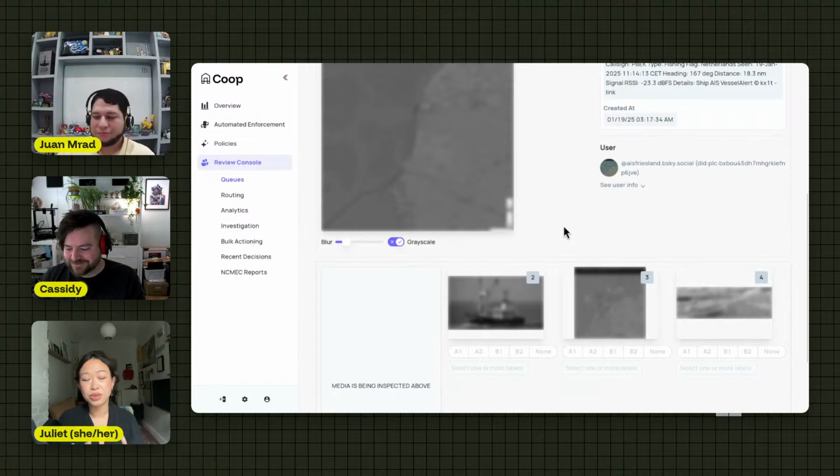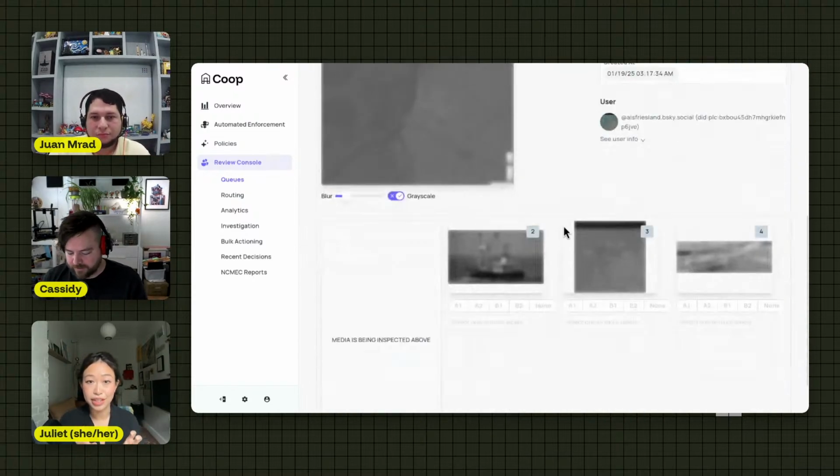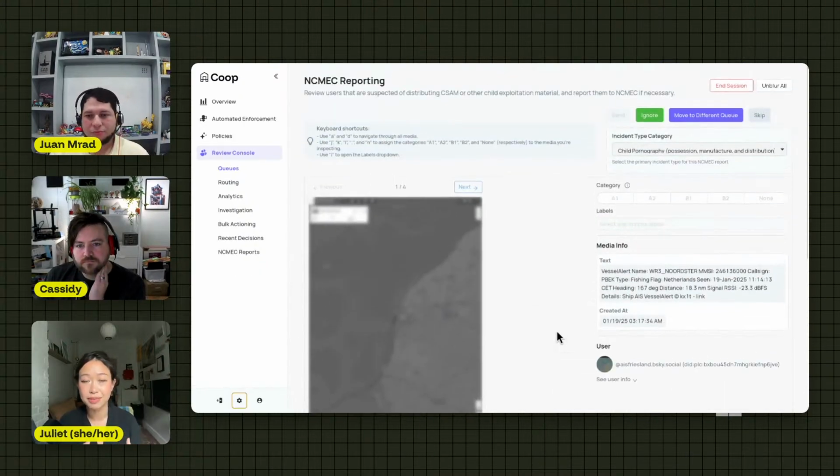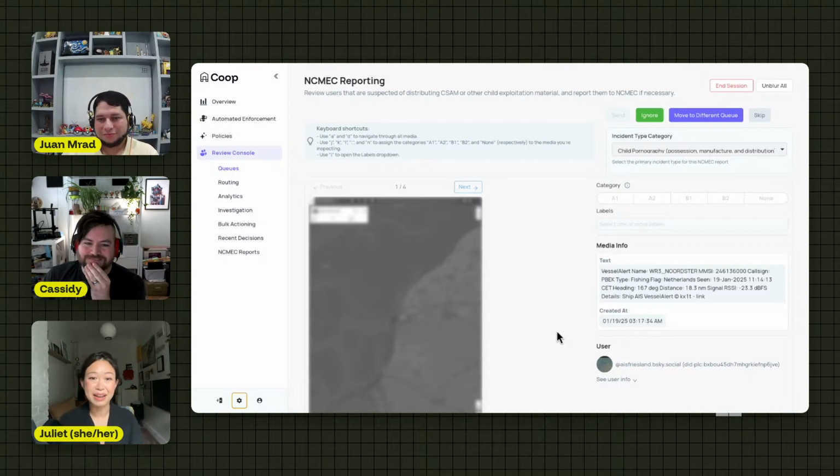So then you'll notice here that this interface looks really different from the standard interface for reviewing a job. And that's because for the NECMEC flow, it actually aggregates everything based on an account or a user. The reason for that is that one account might have multiple pieces of media that you want to be reporting to NECMEC. You don't actually want to be supporting, not legal advice, but I think that it helps NECMEC see a more comprehensive picture of a situation when they're not getting individual reports per media, but one aggregated report